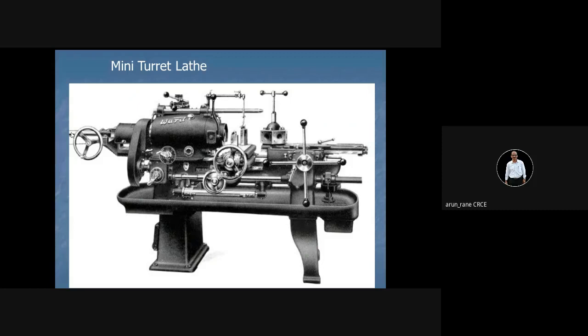There are some features we call the diagnostic features. That is, if something goes wrong, it gives you a siren or different kinds of lamps. If machining is not happening, the red lamp will light. That means the engineer or the supervisor on the shop will understand, because these machines are unmanned, automatic. The moment that red light lights, or if there is a siren, the engineer or supervisor will go to that machine, identify what the problem is, whether the tool is blunt or any other issue, resolve it, and fix it back.